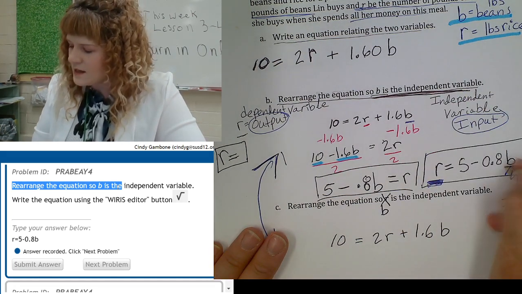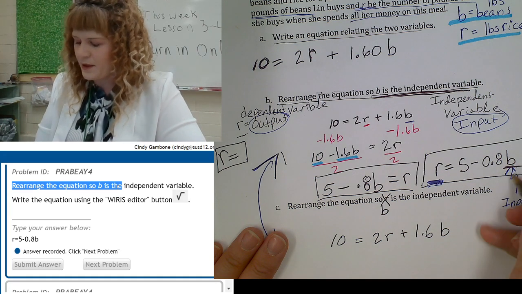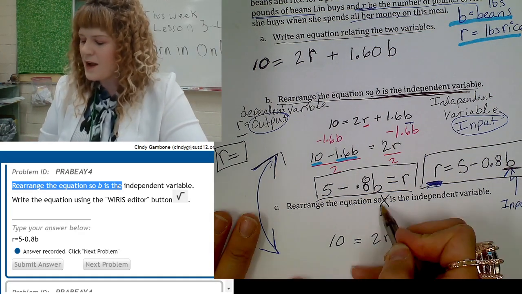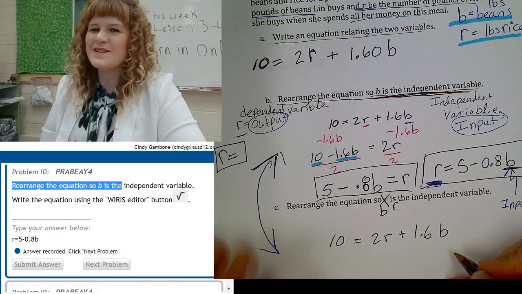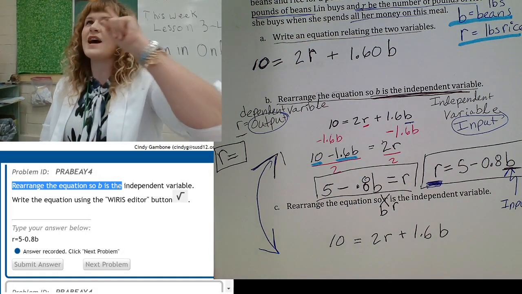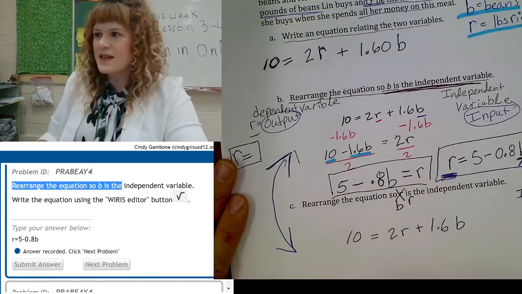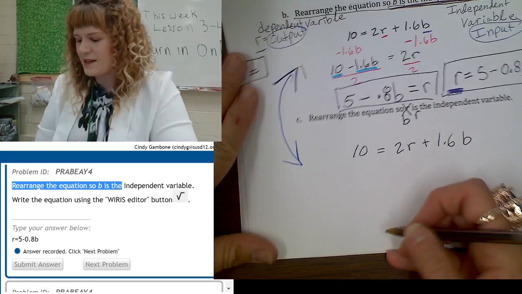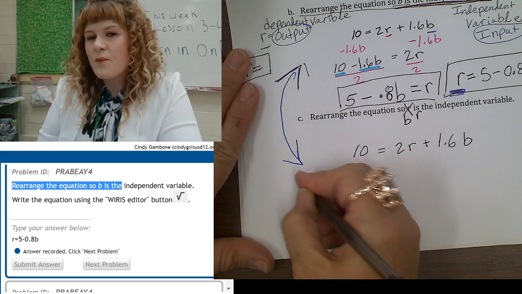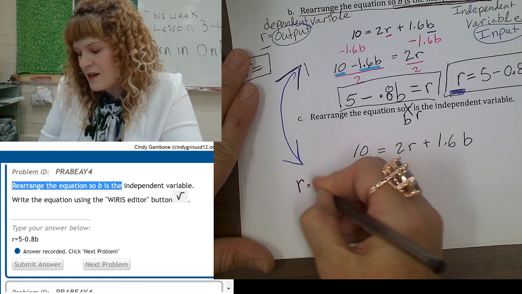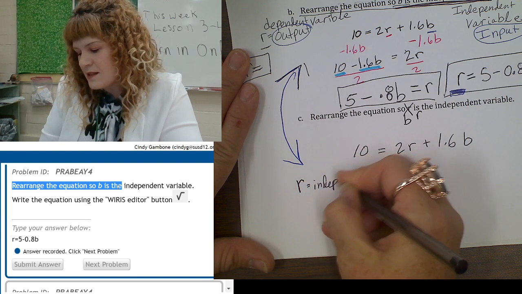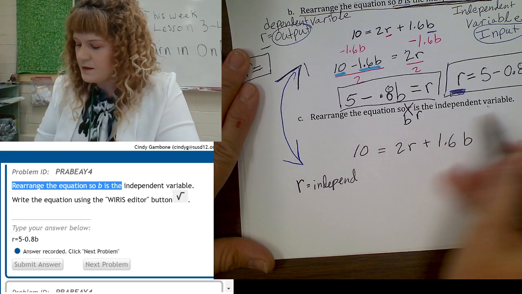Yes, I did that. Here is the independent variable, the input. Now, I want r to be the independent variable, so I have to isolate b. Let me say that again so you can figure out how I get this all confused. I want r to be the independent variable, just like it said,